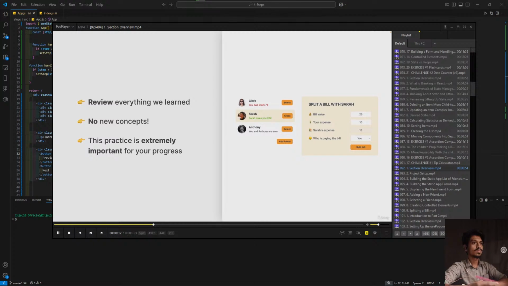Now, since this is a bonus practice project, it doesn't introduce any new concepts, and so you can safely skip it if you're pressed for time. However, in my experience, practicing these fundamentals of state, props, and events is absolutely crucial for your progress, and also to understand all the content that follows in the rest of the course. So if you can, make sure to build this project together with me now, or you can even try it